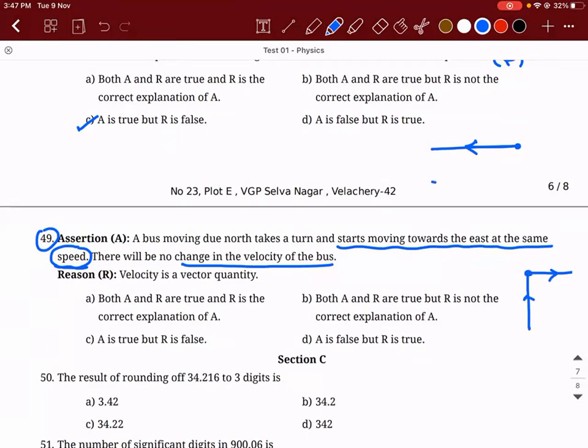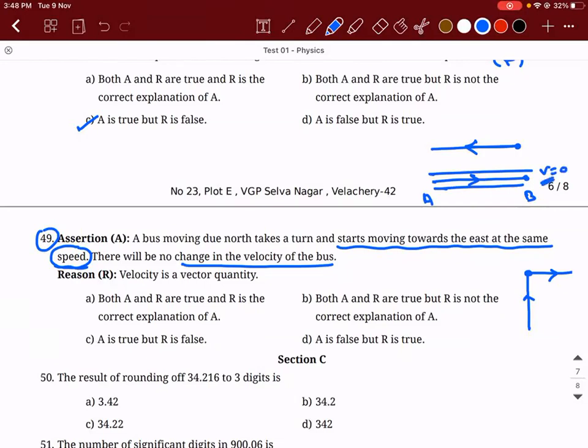Okay, let's say you're going on a cycle. Let's say I put a road track like this. I'm saying you're supposed to ride the cycle only on that track. You have to follow the track. Let's say the track is between the points A and B. From A to B, you will go. At point B, what will you ensure is happening? You will ensure that the brakes are applied for the cycle. Imagine yourself going on this track. So you put the brake and you'll try to bring the cycle to complete rest and you will take a 180-degree turn. So to take that 180-degree turn only, you're making the velocity zero here.